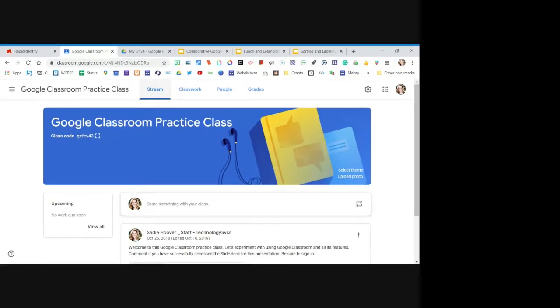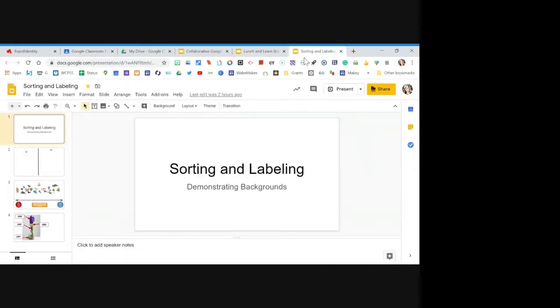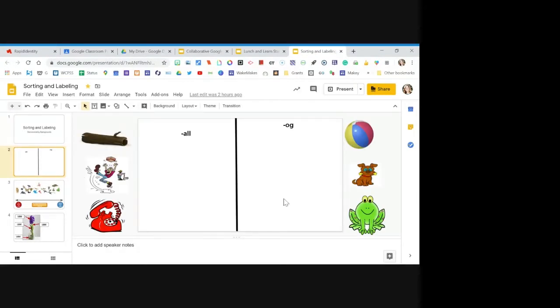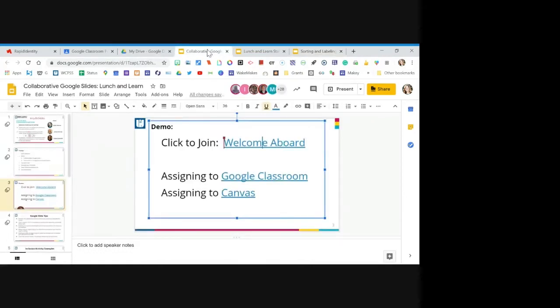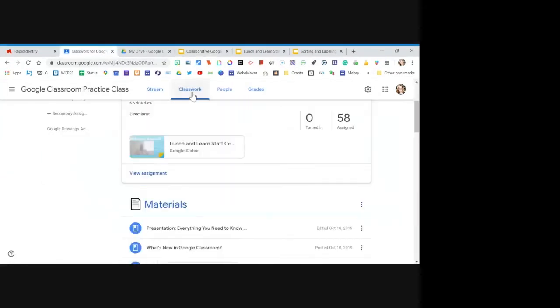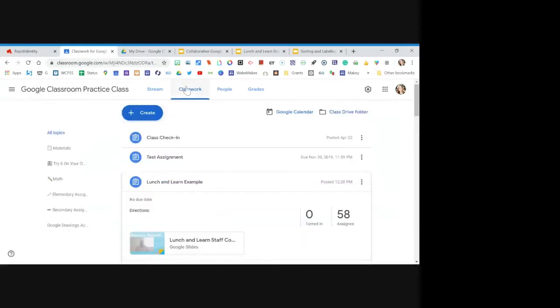And so that might be something, I've got a little example we're going to look at shortly, and it's sorting and labeling. And so here's where students are going to sort words by their ending sounds, right? And so maybe I don't want the whole class editing, but I still want an individual student to be able to edit that slide. And so I don't want to make 20 some copies of that slide and then assign to each student. So what Google Classroom does is in the Classroom tab of Google Classroom,